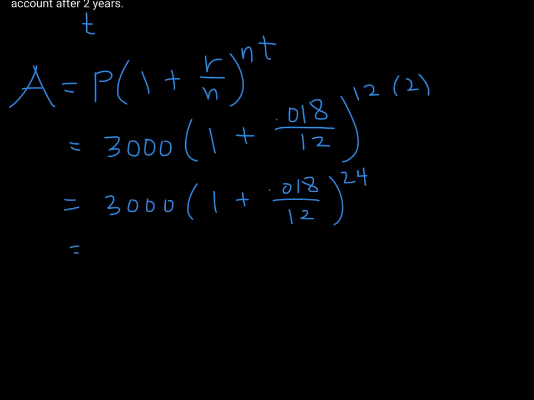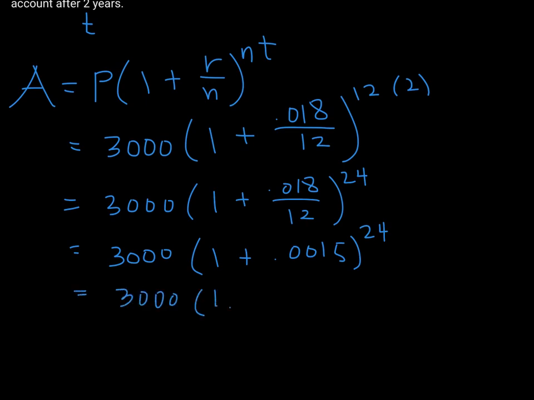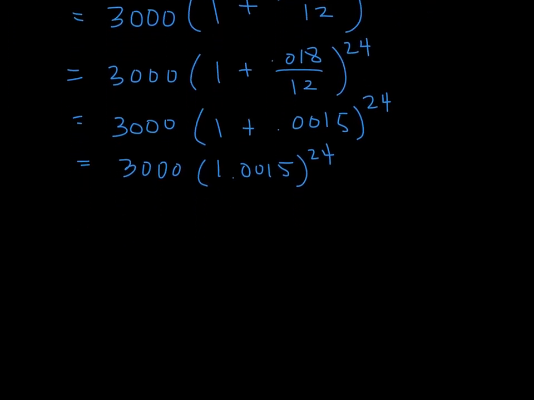I'm going to do a little bit more simplifying. My calculator tells me that 0.018 divided by 12 is 0.0015. And of course, adding 1 to that gives me 1.0015 raised to the power of 24. 1.0015 raised to the power of 24 is 1.0366279. And then that multiplied by 3,000 gives me